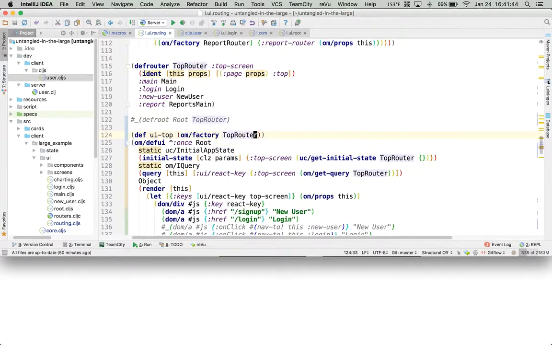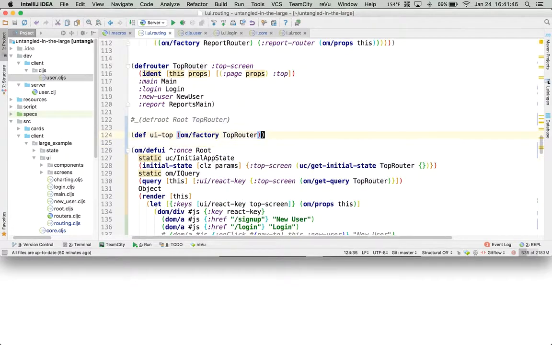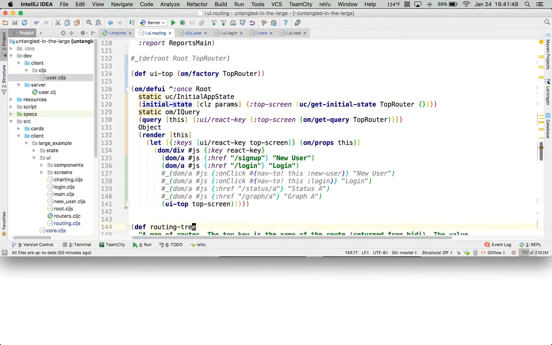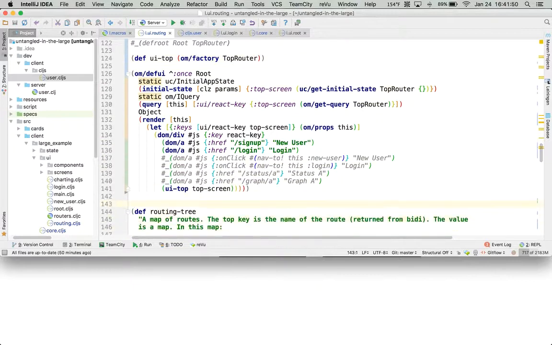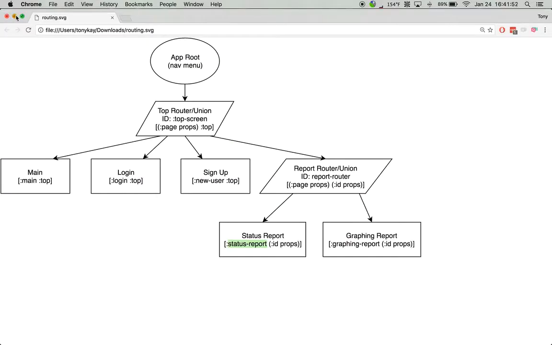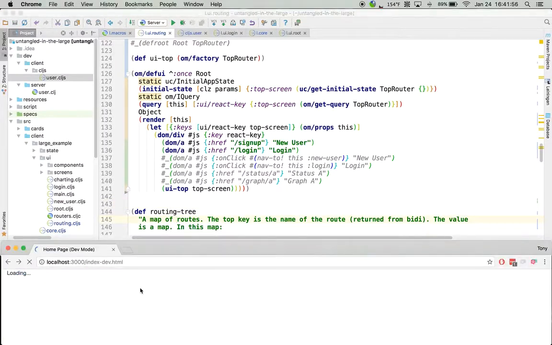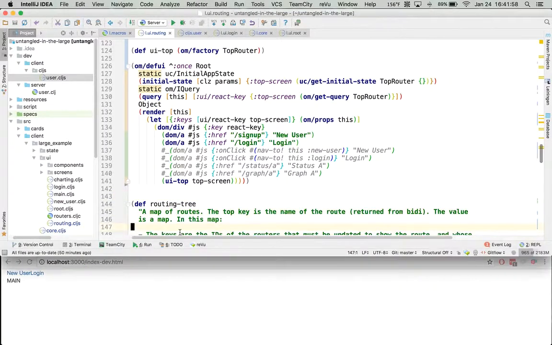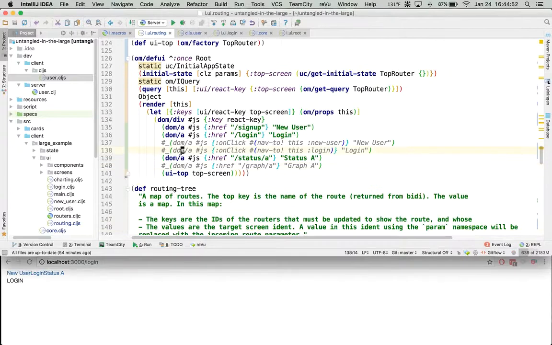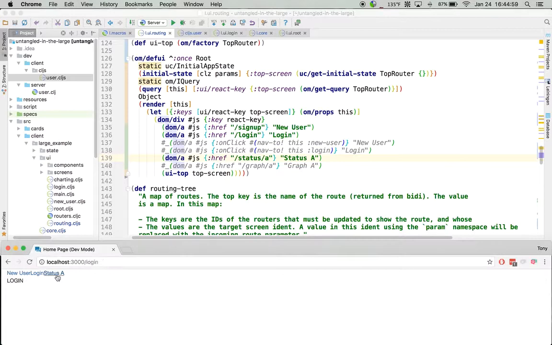And since that's just a normal Om Next component, we can just pull the factory out of it, and we have UI top. We save that, and let's shrink this out of the way now so it stops going away. We'll reload to get our new initial app state. So now we can see that when we pull this graph in here, we should see status A as a